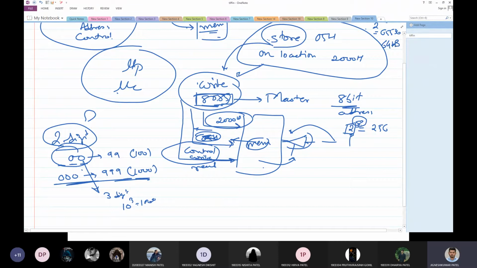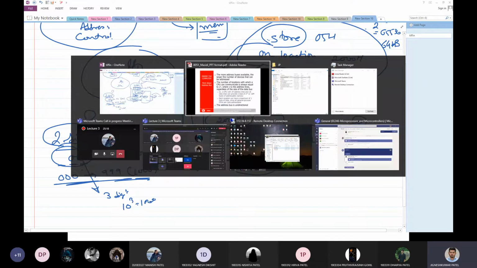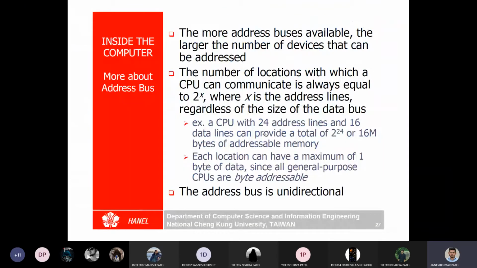But with 2^24, meaning 24 address lines, I can have a memory of 16 megabytes. Each location can have a maximum of 1 byte of data, since all general purpose CPUs are byte addressable. We are not going into this statement because it is related to the CPU specifically.